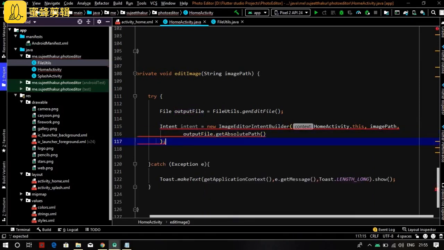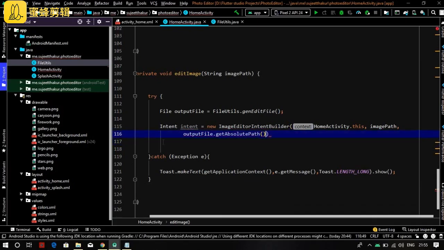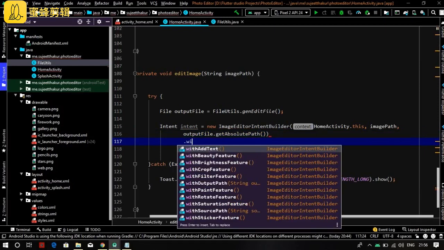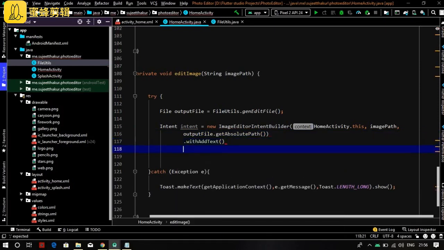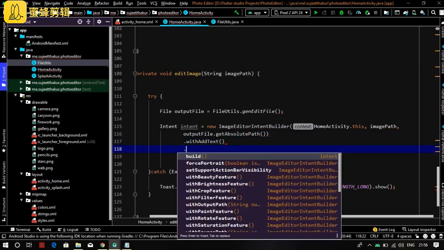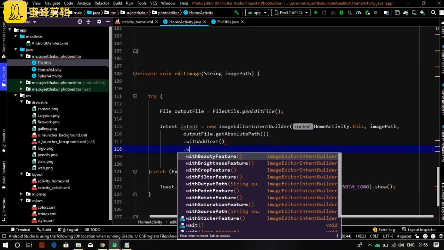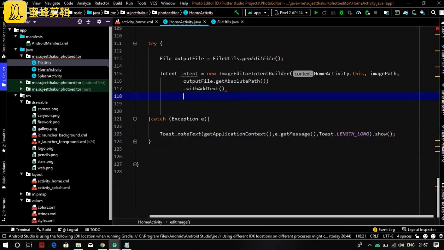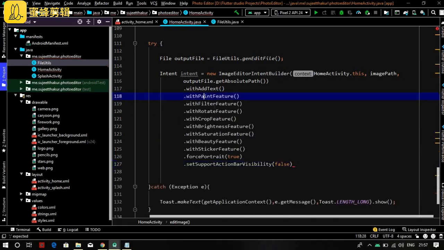Now add .addTags. These are the features you need to have in the photo editor activity. I want to have everything, with add tags, with paint feature, with filter.